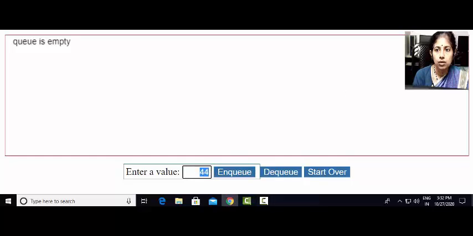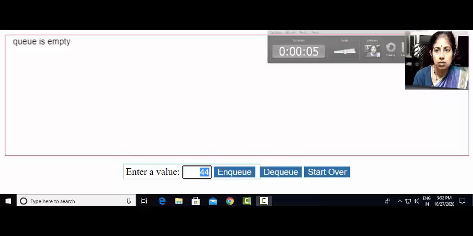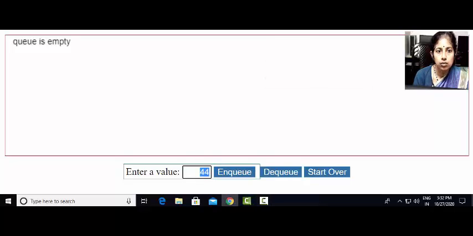Now we are going to discuss the queue, and the animation is shown here. So these are the NQ and DQ operations available. Suppose I want to enter some value like 11, I am giving the value 11 and pressing NQ.